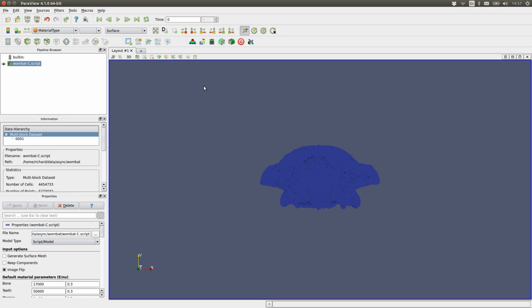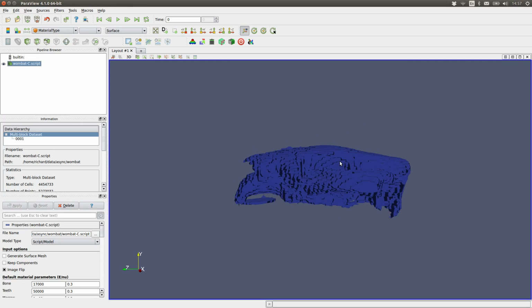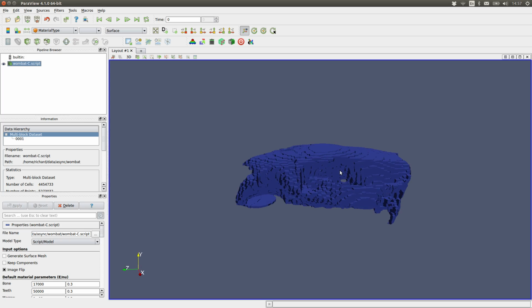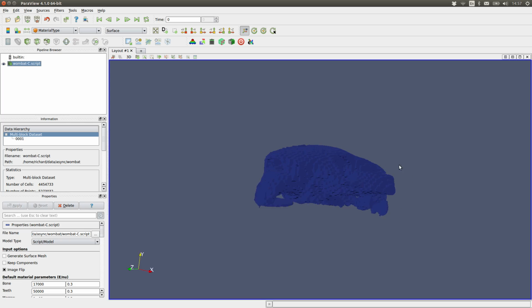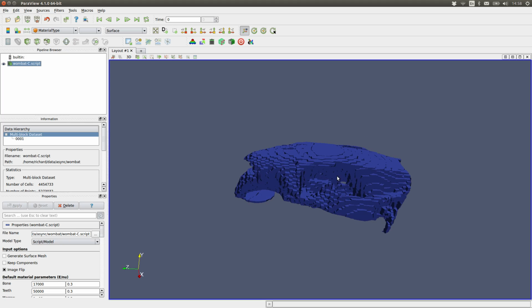Hello, in this tutorial I want to talk about modelling skulls and how best to apply boundary conditions. I've loaded a skull of a wombat here just for comparison. I'm going to be using a fox skull later on, and that's the one that's in the tutorial bundle. But this skull, although it has this strange artifact here, it's quite interesting because it just has a very different shape,